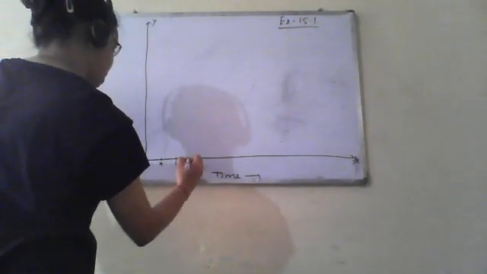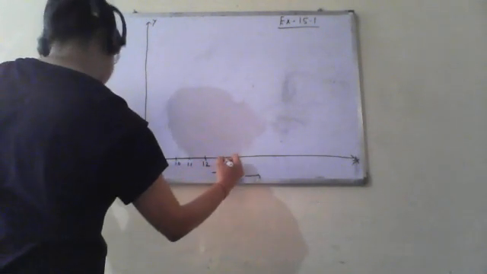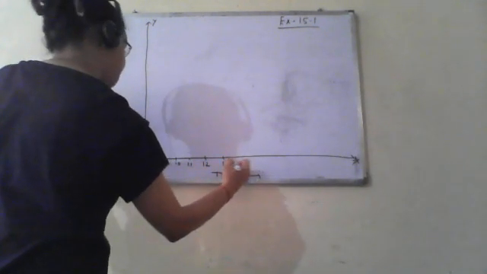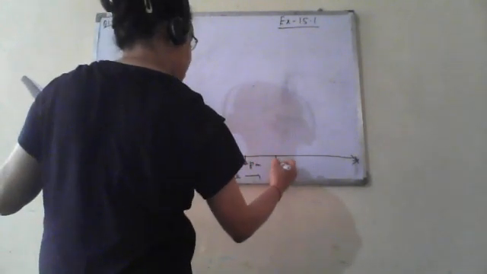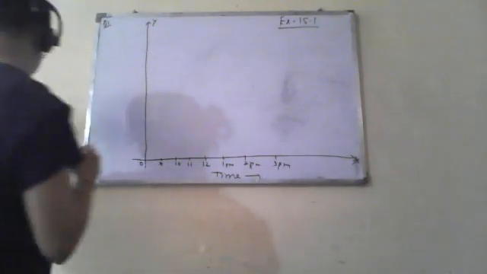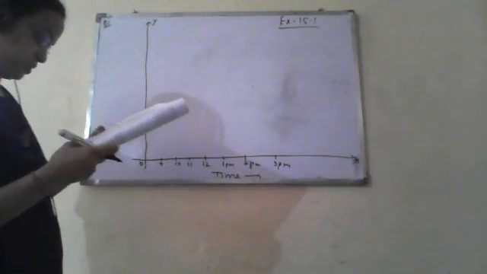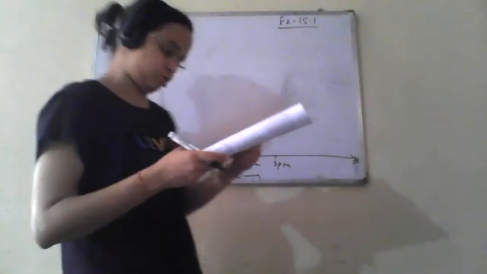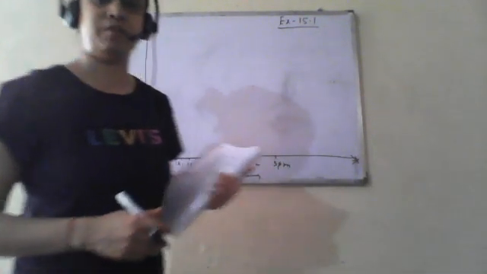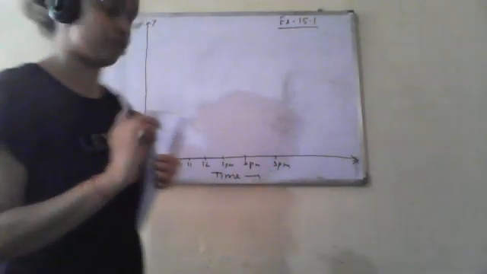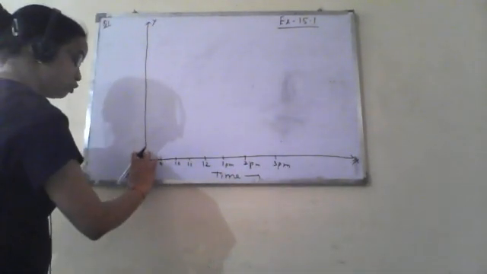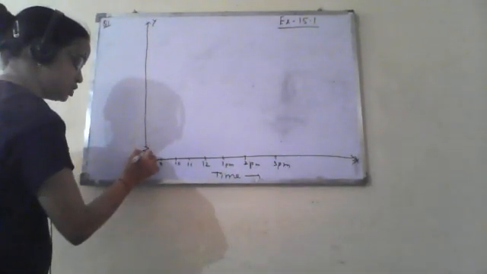This is 9 a.m., this is 10 a.m., this is 11 a.m., we have 12 noon, this is 1 p.m., this is 2 p.m., and this is 3 p.m. His temperature was starting from 35. So we cannot plot 1, 2, 3 degrees or 4 degrees. We have just started from 34. In order to do that, I have told you we have to put this jagged line.